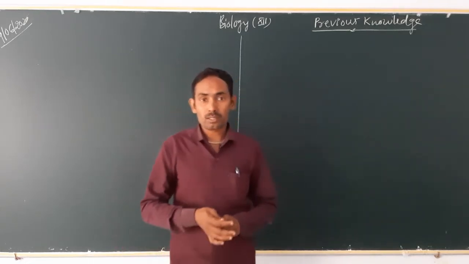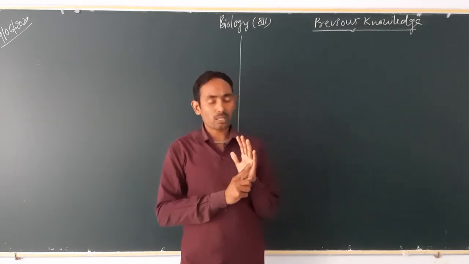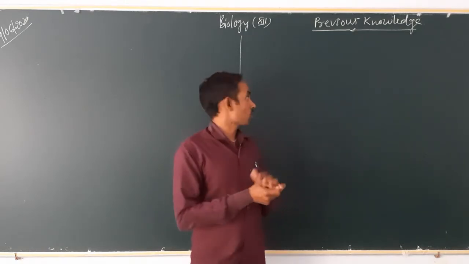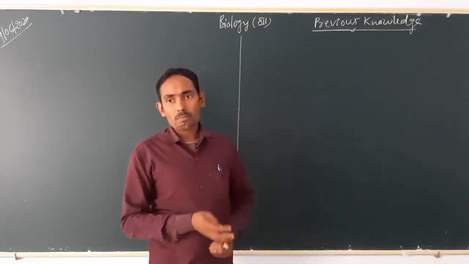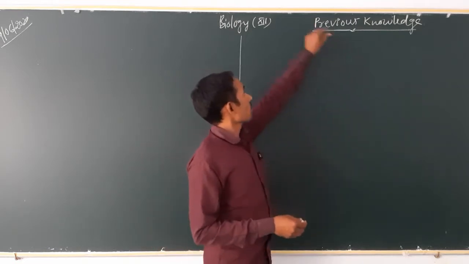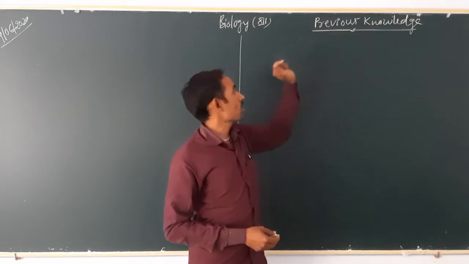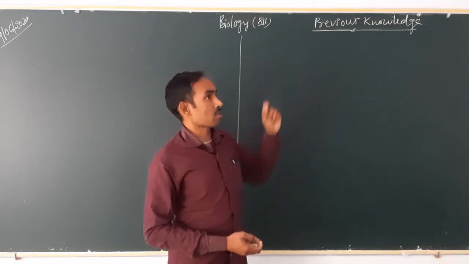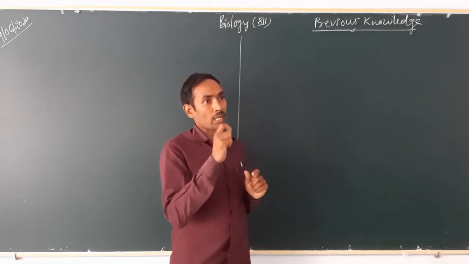In the last 3 days we sent 3 videos, and in those videos we discussed the process of pollination and the types of pollination. Today we are going to discuss the last part of sexual reproduction in plants. So, what is our previous knowledge? We know what a pollen grain is, what an embryo sac is, and what pollination is, and in yesterday's class we discussed how pollen and stigma interact with each other and how the pollen grain germinates.